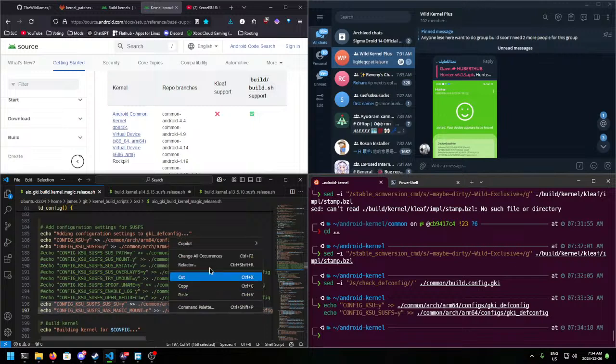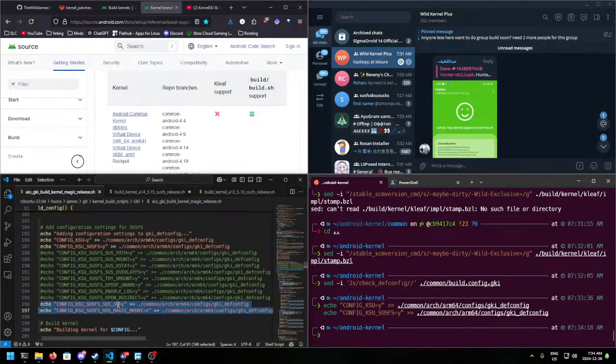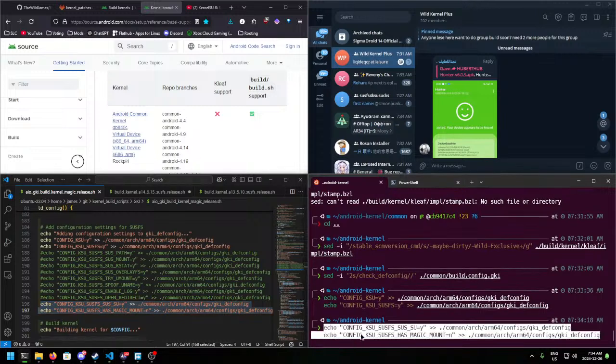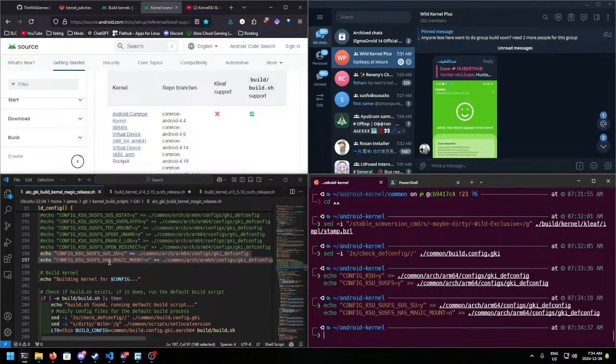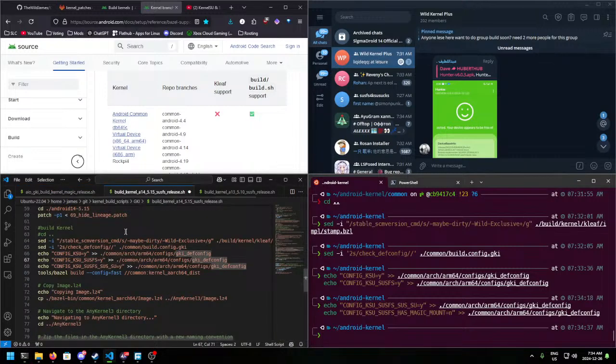Well, really, it all depends on what you want to do. You're going to have to do some research into what all these do and figure out what ones you need. These are the only ones. These ones are all automatically on, so I don't need to put that there. This is all just extra code. But these two are ones that I want. So I put those in there. And then you want to scroll down to